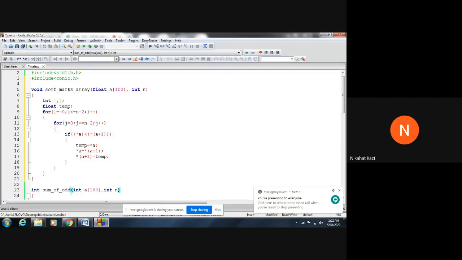Okay. So this sorting is, as you can see, i equal to 0, i less than or equal to n minus 2, i plus plus.